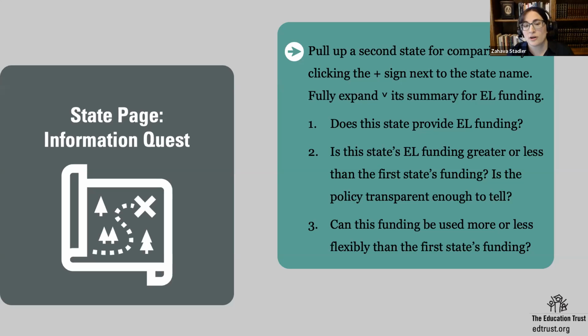Right, we have a New York versus New Jersey, and New Jersey is much more transparent than New York just because it's a much simpler structure, but it's hard to compare the two really because of the complexity of New York. Also, in a weighted student funding formula, you have to do a little bit of math. If it says it's 1.5 times a base, you probably need to look at the dollar amount in the base amount section on the state page to see what 1.5 times that number would actually equal. So there's a little bit of arithmetic to be done.